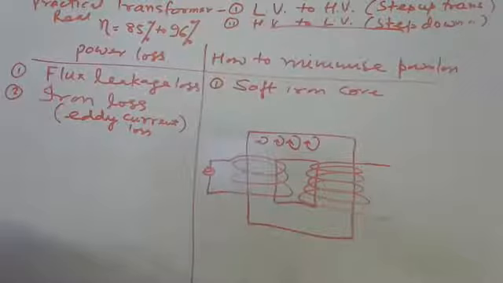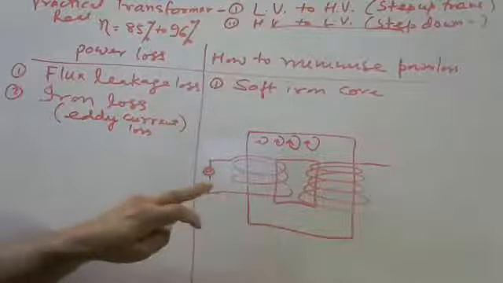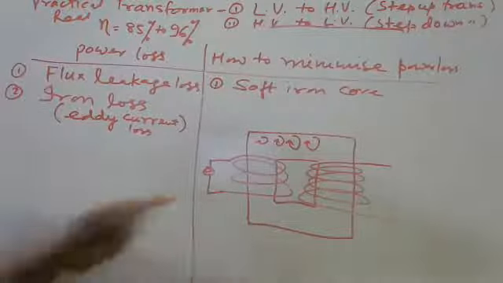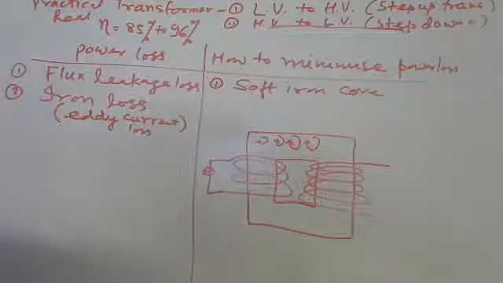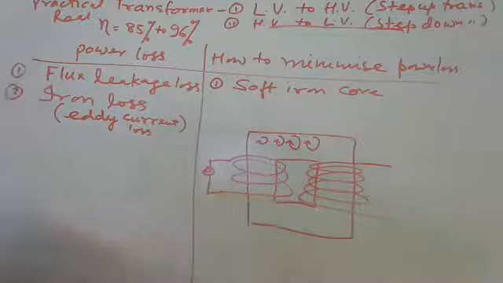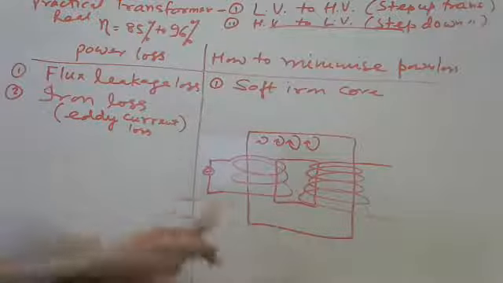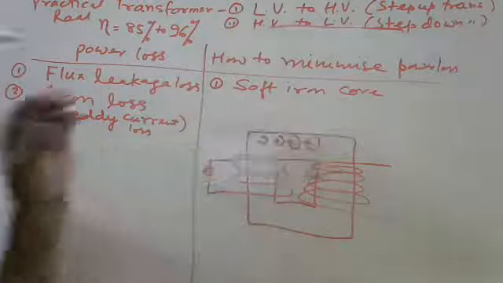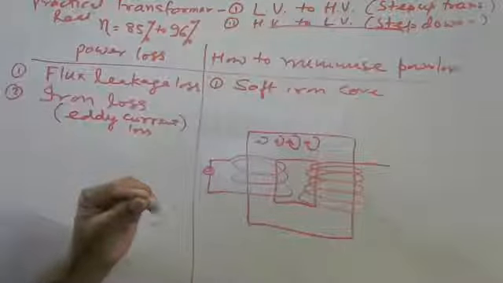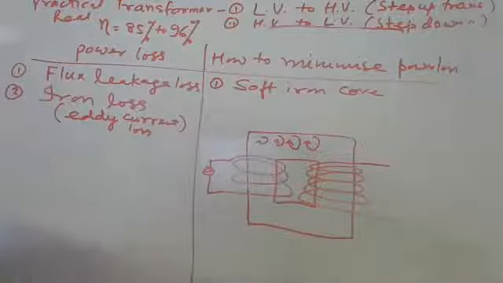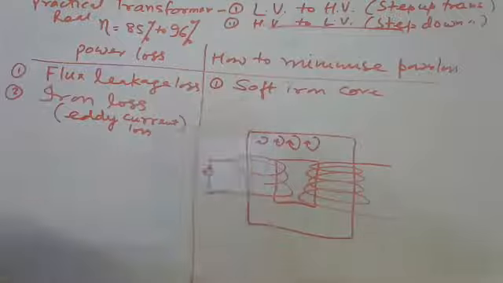At the same time, we should find out the solution of this eddy current loss. Suppose we have a disease, then we have to take antibiotics, which have a side effect. Find a solution to stop the side effect, not stop the antibiotics. Something like that, here also we might use the soft iron core to reduce the flux leakage. Linkage should be high, so we are using the soft iron core.